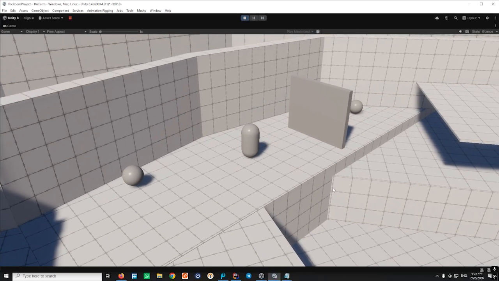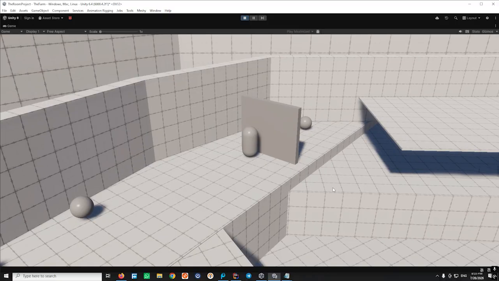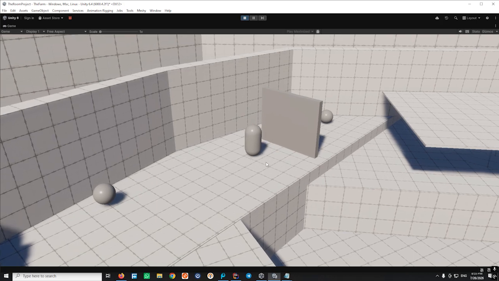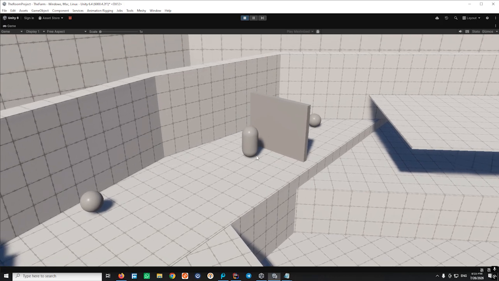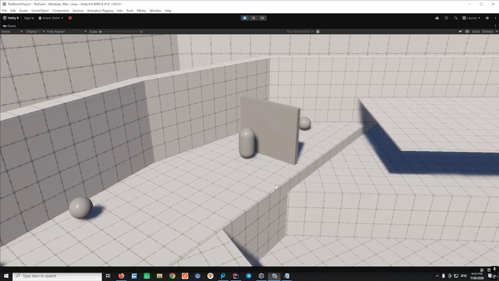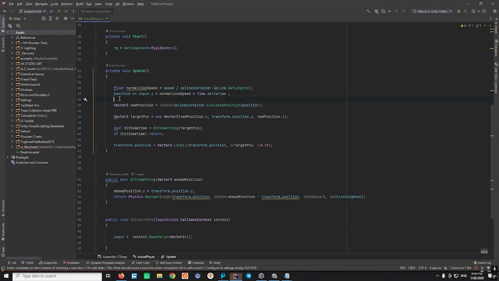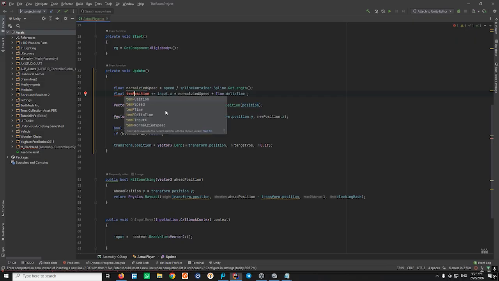Now let's go back to play mode. When I hit the obstacle, it's just going to avoid moving forward. However, if you pay close attention, there's a tiny lag over here, which we're going to fix right away. We're going to go back to the script. The way we fix that problem is that right over here, instead of changing the position every time, we are first going to store it in a temporary variable, temp position,